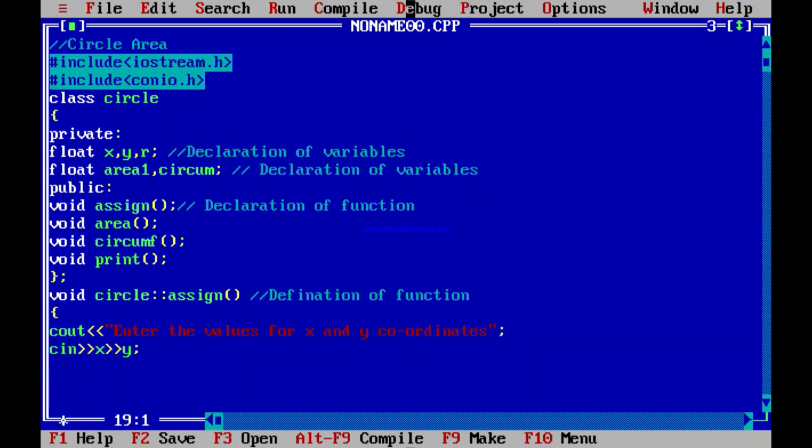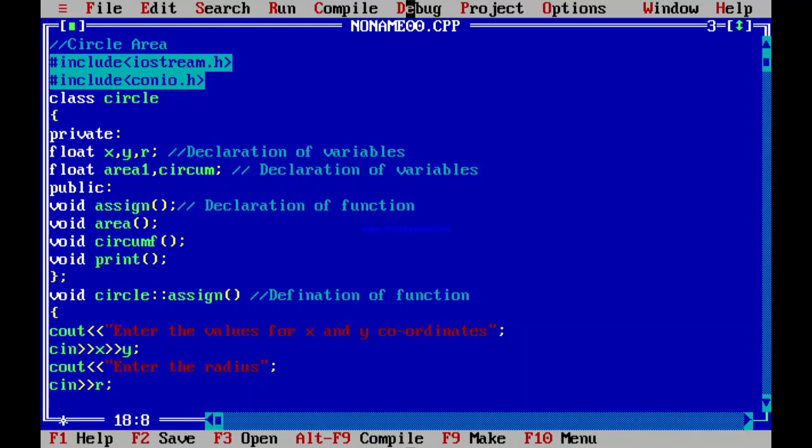Okay, so these are the first two values by using the cout function, and the next value, for the radius, I again am going to accept from the user. So I will put the message for the user, enter the radius, and read this value, that is r.